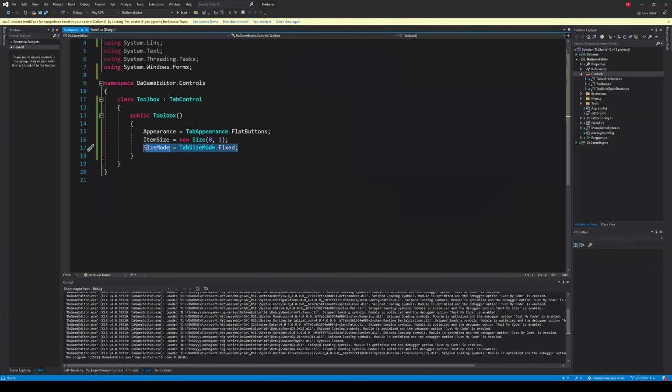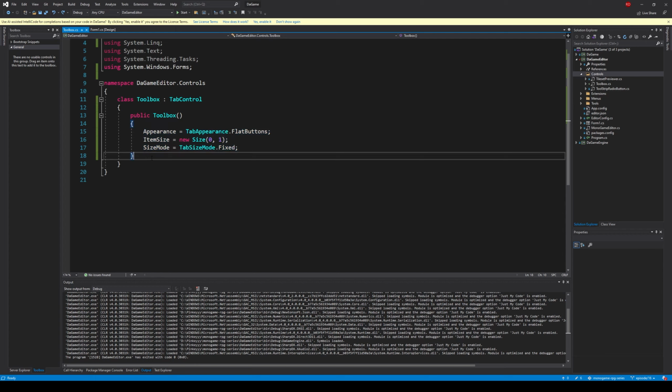If we head back to Toolbox CS, lucky for us, there is a handy boolean which exists in the control called DesignMode. It's just a simple boolean to tell us if we are in design mode or not. Due to the nature of how Windows Forms and the designer works, however, this will not work in the constructor. So what we need to do is place our code in a new place where it can be understood and